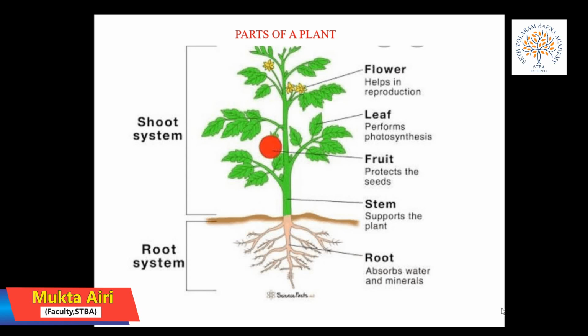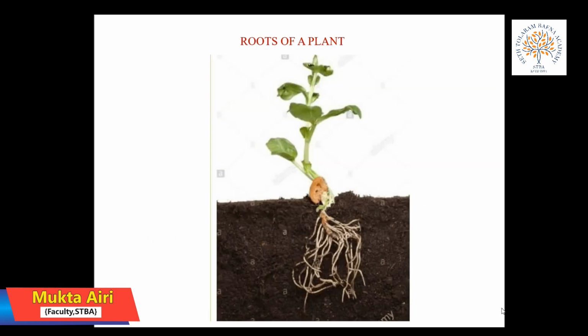The part of a plant that grows below the ground is called the root or root system. We have learned that roots are usually found inside the soil. It is not green in color but performs several important functions, as we can observe in the picture also. Roots are of two kinds, taproots and fibrous roots.